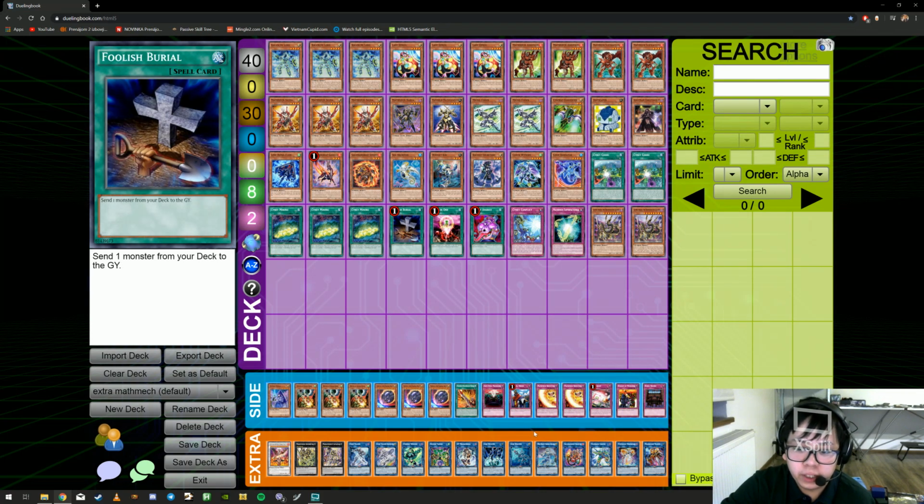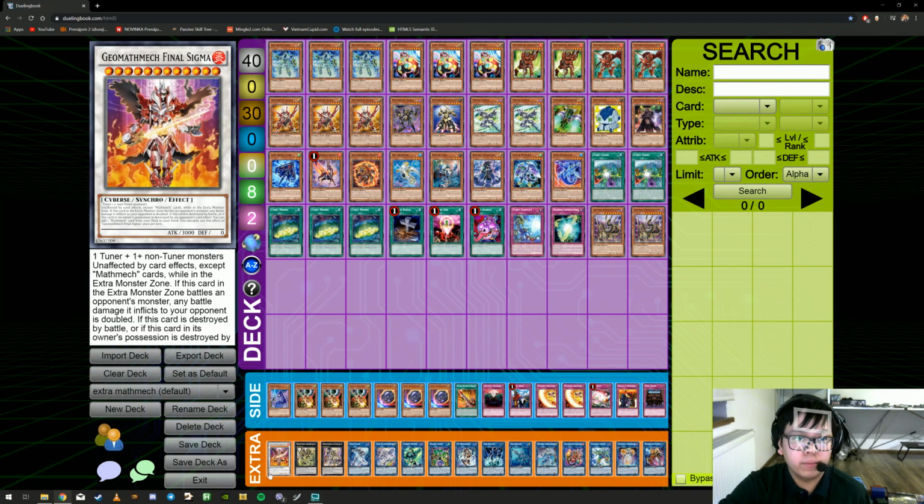Now for my extra deck. Yugioh Mathmech Final Sigma. This is your boss monster for OTK. It's like your Utopia for OTK. In short,